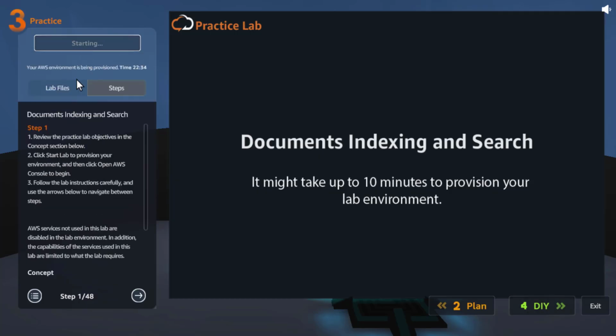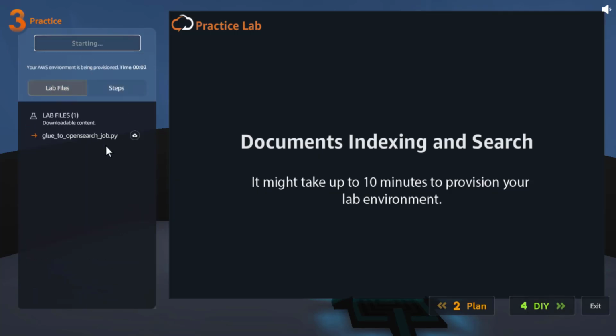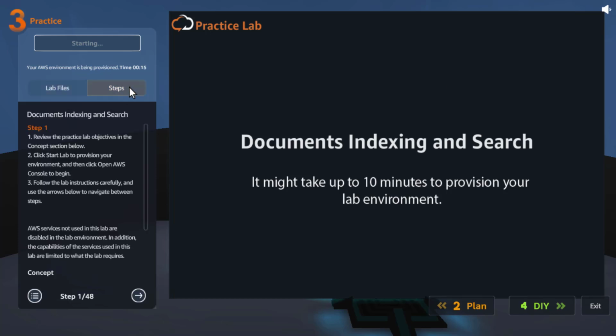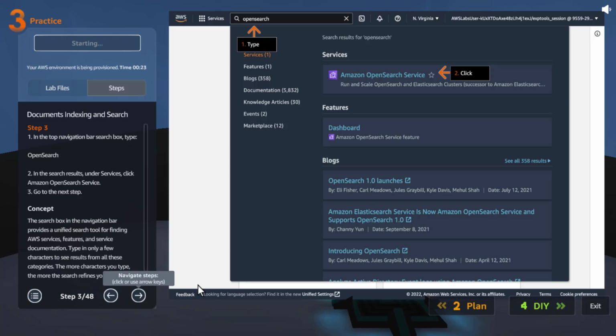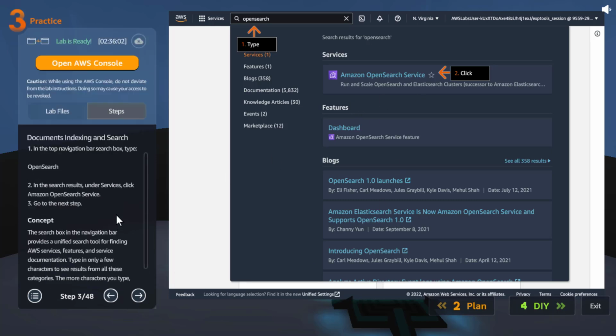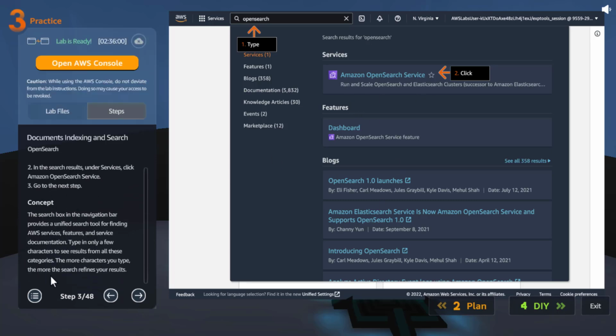Let's start the lab, and there will be lab files for the Glue script at least. Yes, as I guessed, I downloaded it to my desktop. We'll take a look at it when the time comes. Okay, but right now let's go into the steps. We have 48 steps and the lab is taking some time for some reason. So we downloaded that file, then we'll immediately go into the OpenSearch Service, and as usual, don't forget to read the concept